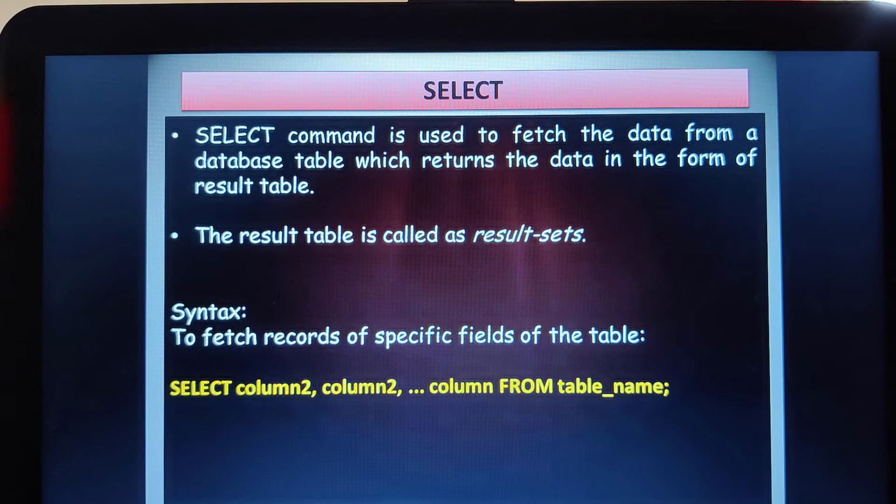As we all know, select command is basically used to fetch the records from the table and it would result in data which is in the form of a table again. That table we can refer to as a result set. See, select command is used for multiple purposes. Suppose I want to retrieve all the records from the table, we can use a select command. Suppose I want to view only specific records, specific columns or specific fields in that particular table, then I can use the select command.